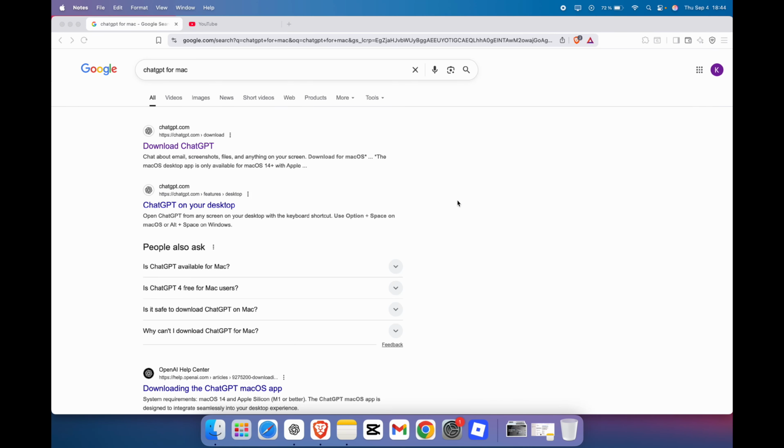How to add the ChatGPT to your Mac. So it's pretty simple. Open your web browser and search for ChatGPT for Mac and simply open this chatgpt.com result,